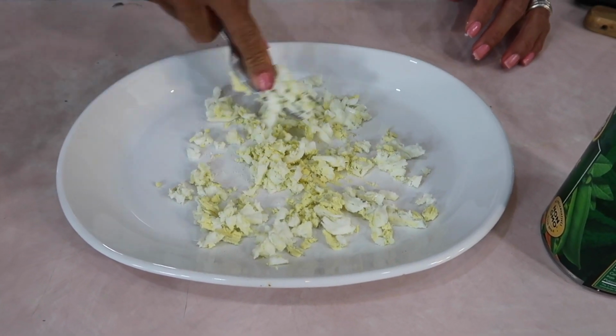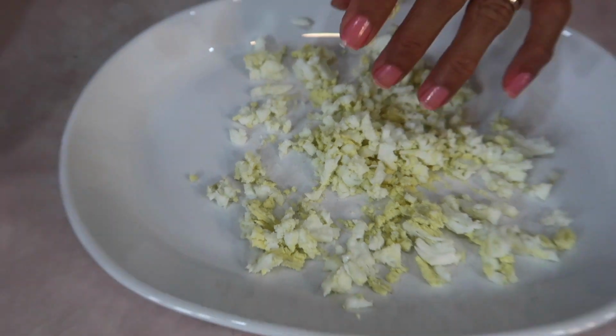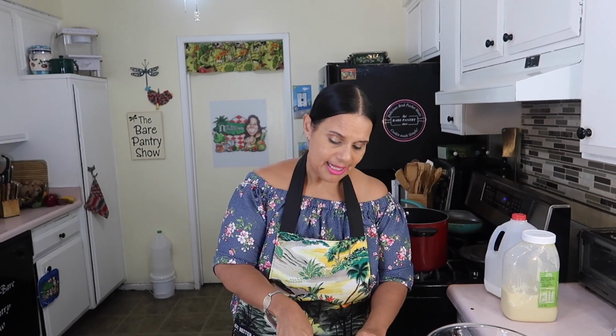She squishes the eggs with a fork to dump it inside the salad rather than dress the top of the salad with it. Because Belizean people will make salads, potato salad, all type of way. Some people will put